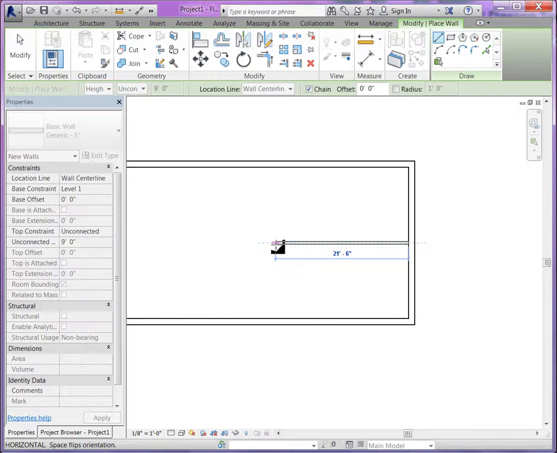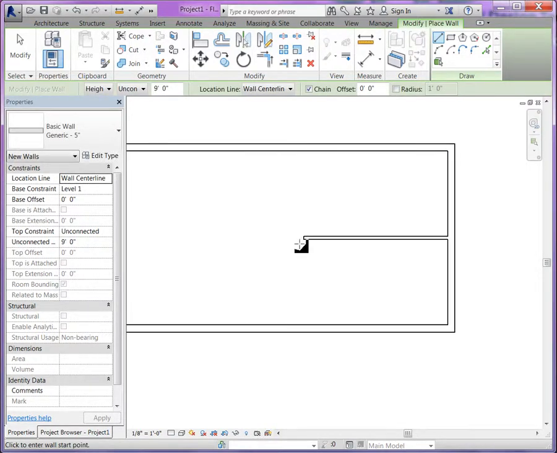Now think about this, right? We want this to be 20 by 12, right? So again, you have to consider the dimension of the wall, and we're laying the wall out with a center line. So we need, it's a 5-inch wall, we need 2.5 inches, so we need to enter 20 feet, 2.5 inches, right? We could do that like this, 20 space 2 space 1/2. That's how we do 20 and 2.5 inches. Okay. Now we can escape,